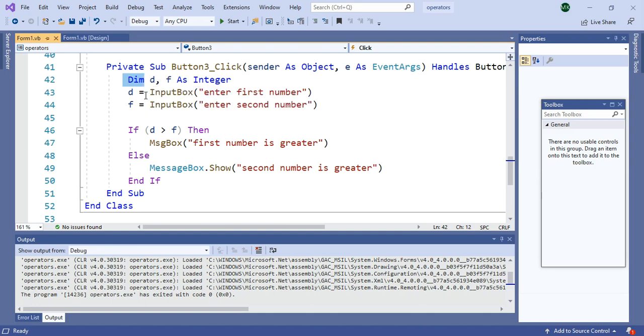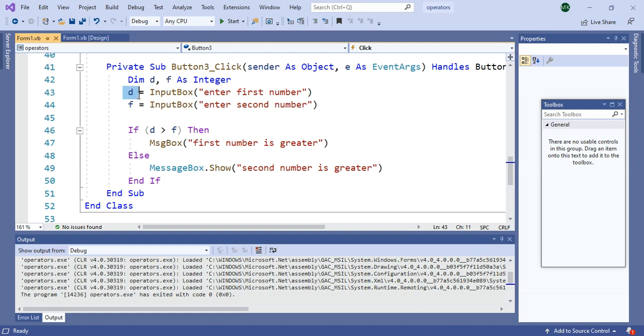Now which two variables are we declaring? First one is D, second one is F. Then As Integer, this is the data type of these two variables, D and F. Both are integer variables because we are taking integer values.